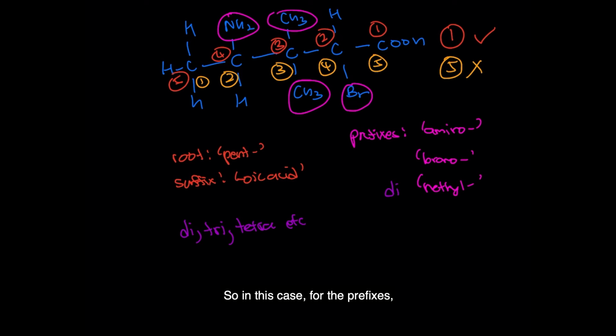So in this case, for the prefixes, we will label amine before bromine because A comes before B. Lastly, commas are used to separate numbers and hyphens are used to separate numbers and words. Therefore, the IUPAC name for this compound is